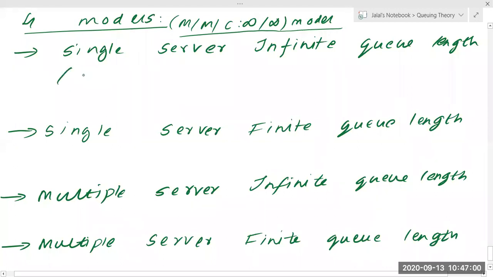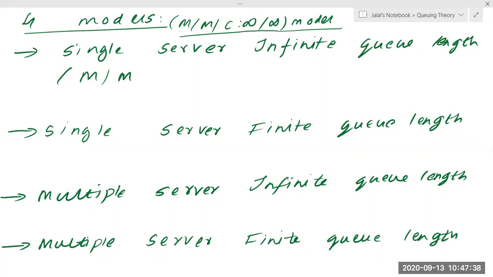I'll just explain what we mean by M. M stands for memoryless. There are two memoryless things. If you remember, what were the two memoryless things? Memoryless thing was for what? Arrival rate and... which things were having memoryless property in the queuing model? Can anyone tell me? So lambda and some other one. Lambda and mu. Arrival rate and